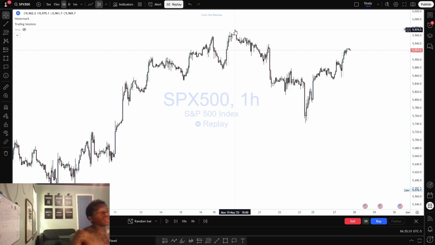Something that we would have been looking for is, you see how this break and retest kind of failed and then pushed up. So that may be a sign that price is going to continue to push hard. So let's actually click through this and let's get it to 6.